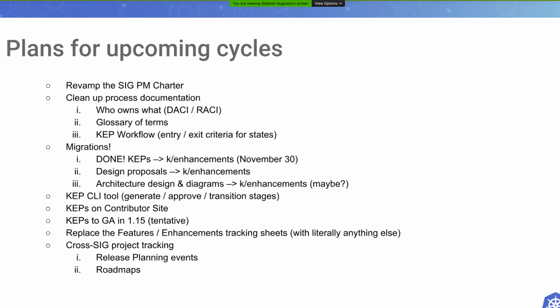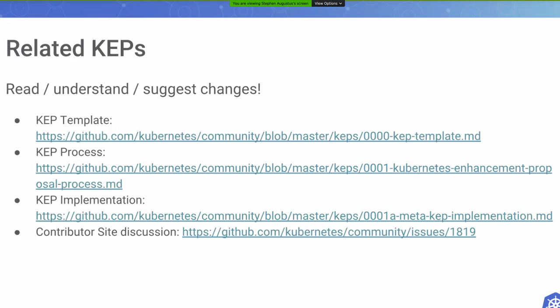So KEP is going hopefully GA in 1.15. That is tentative. We want to get rid of the release enhancements and feature tracking spreadsheet. Literally everyone that I've talked to has said that is not a great way of doing things. I agree, as someone who has done that before. And bring forth cross-SIG project tracking, so release planning events as well as cross-project roadmaps. So if you want to talk more about that, I will